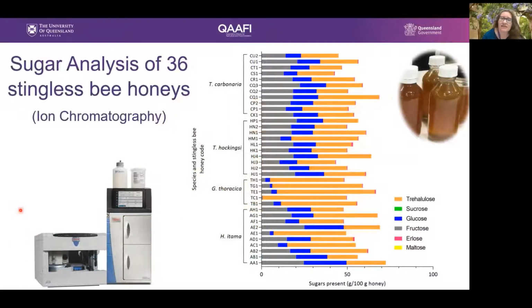So we then collected 36 honeys from 4 different species from Australia and Malaysia. The top 2 species are the Australian species and the bottom 2 are the Malaysian species. And we analysed the sugar content. Across the bottom here, this is sugars present in grams per 100 grams. You can see from the orange bars that there's a significant amount of trehalulose in each of the honeys. You can see that there's no sucrose shown in green and there's no maltose detected in any of the honeys,